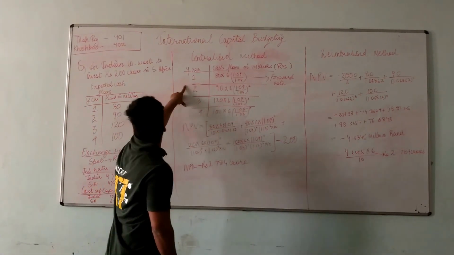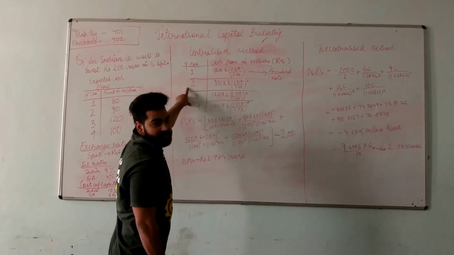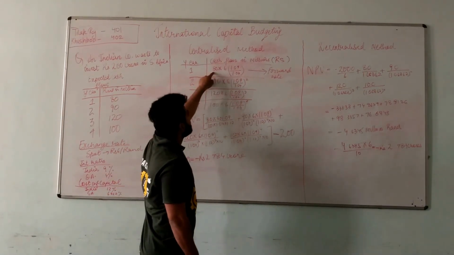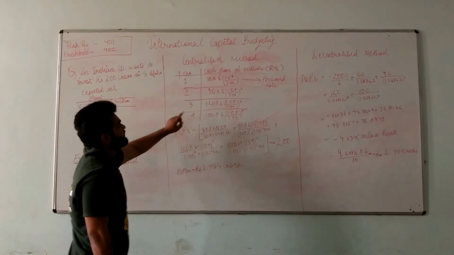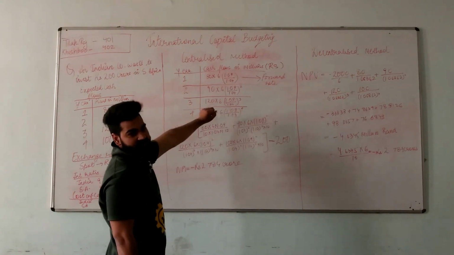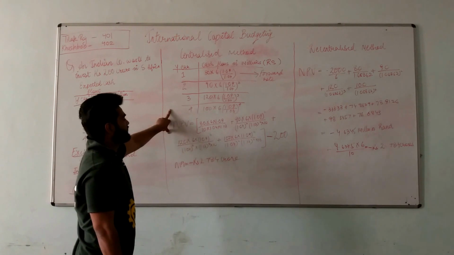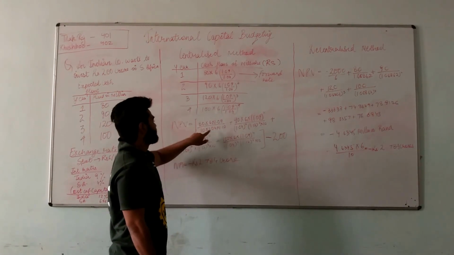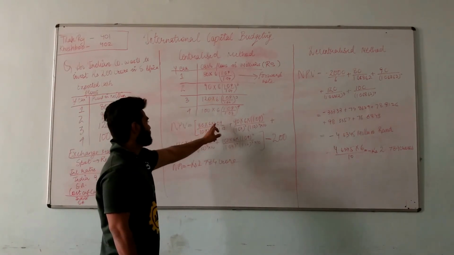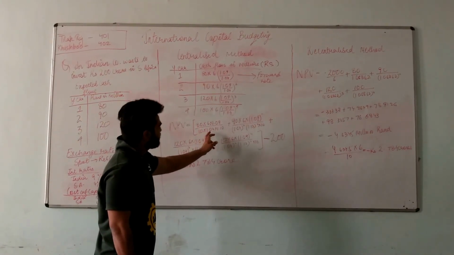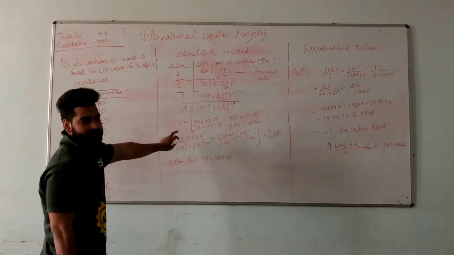So in year 1 the cash inflow was 80 million rand. So we will multiply 80 by 6, that is the spot rate, and multiply by 1 plus the interest rate in India divided by 1 plus the interest rate in South Africa. So we will arrive at this value. To calculate the net present value of this cash flow, we will divide it by the cost of capital of India, that is 12%. So 80 into 6 into 1.09 divided by 10 into 1.04 into 1.12. We divide it by 10 to convert it to crores.